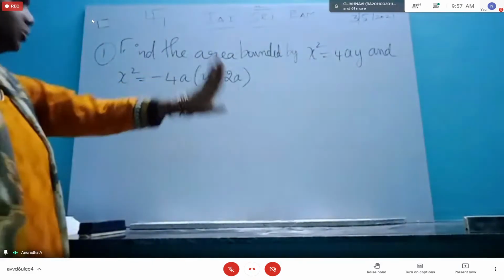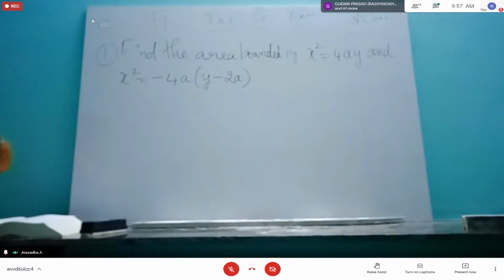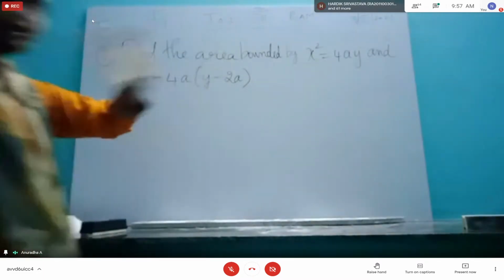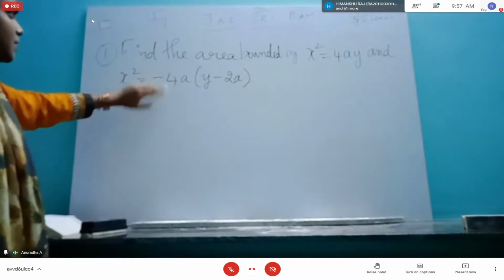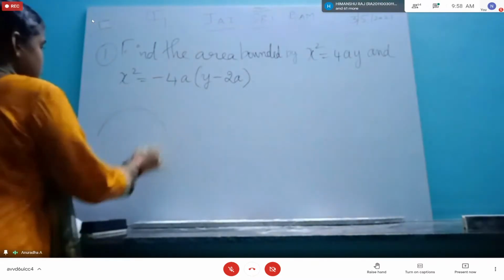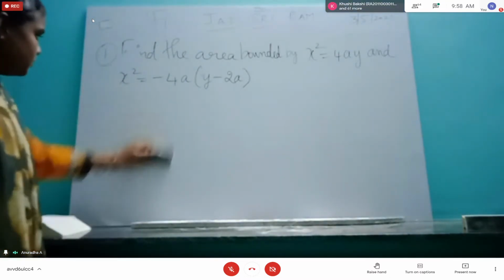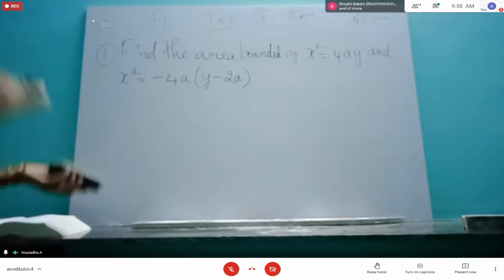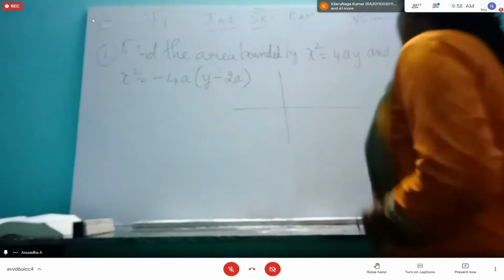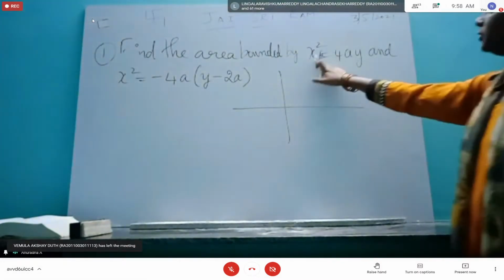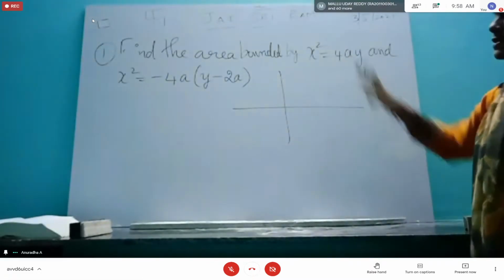Please remember that. Don't worry about the extra ornaments, whatever that girl or boy is going to wear. Power 2, power 1, parabola. Please fix it like that. So this is also a parabola, only negative is there. So instead of drawing the usual curve like this, we are going to draw it as a downward curve. It's only going to tilt itself. So let's first fix the diagram. So x square equal to 4ay, x is plus minus. So these two axes we are going to take positive here.